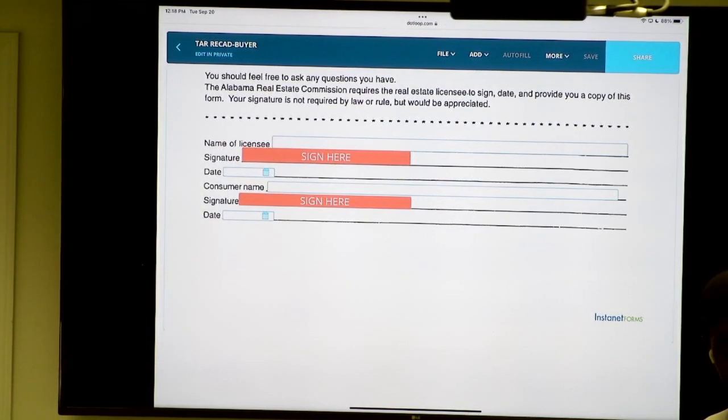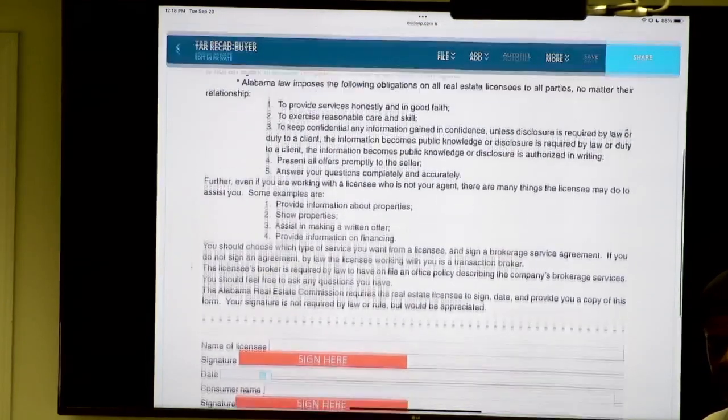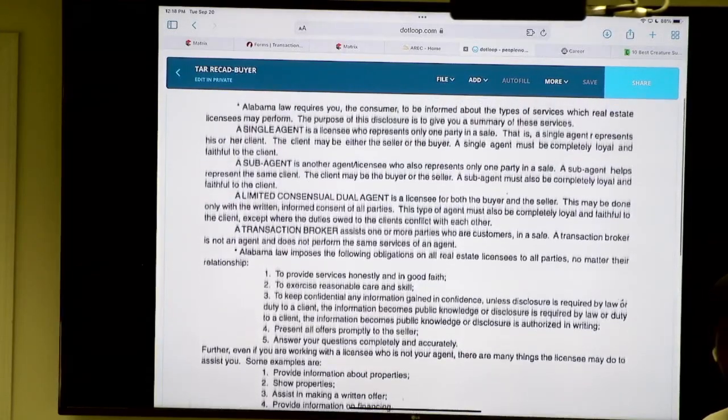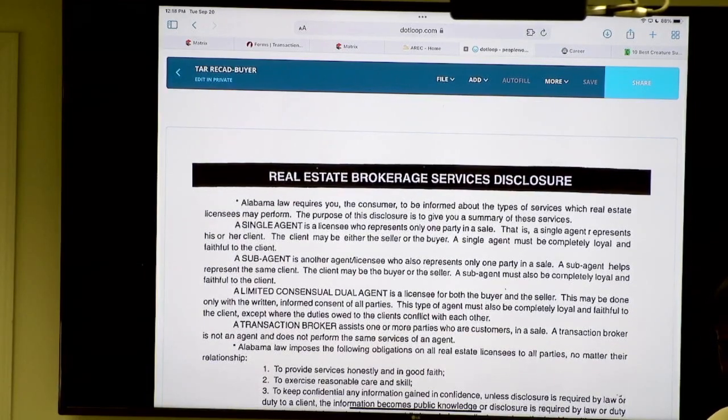The next training would be a buyer presentation, how to take a buyer from doc one all the way through, educate that buyer, swear your allegiance to that buyer, and have that buyer committed to only you to buy a home through. So we'll do that next. But for now, we're just talking about a purchase contract. So have the buyer sign the recad again,